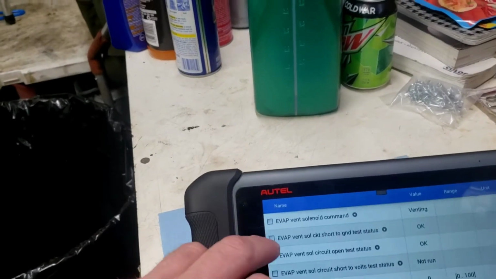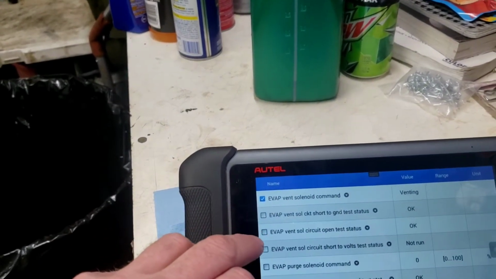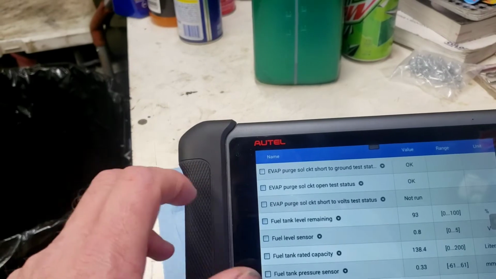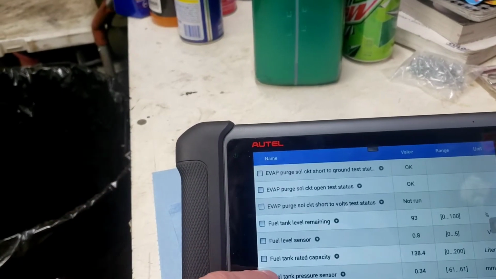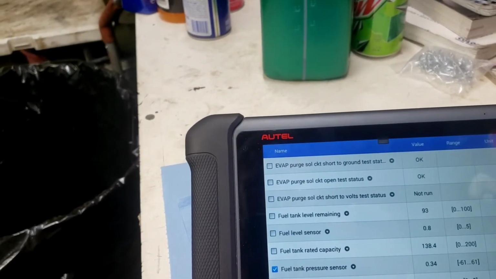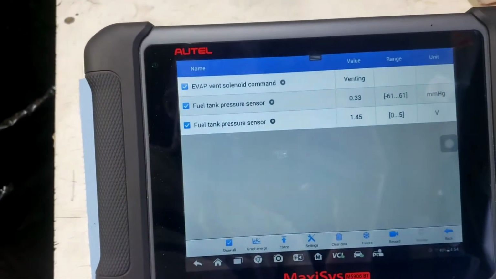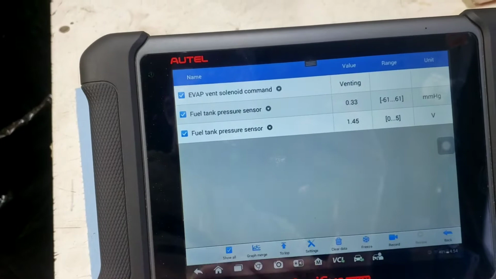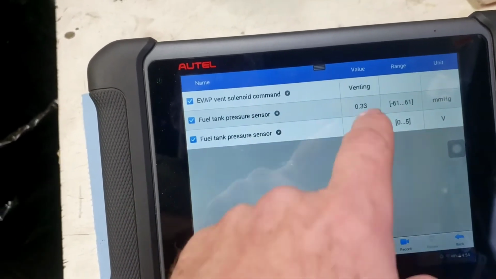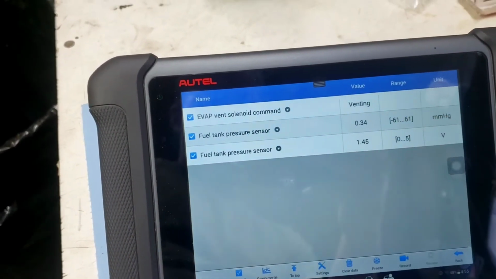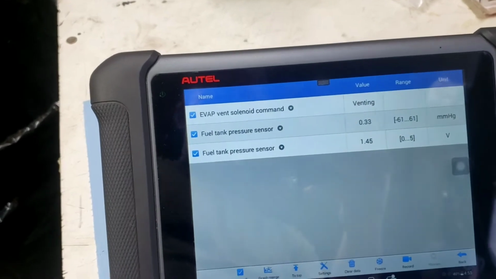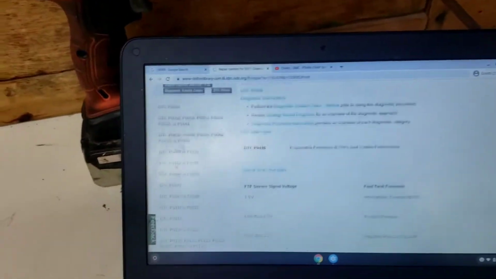So what I want to look at here is atmospheric pressure. Usually 1.5 volts is your atmospheric pressure. The vent solenoid is venting. Fuel tank pressure is 0.33 mmHg, millimeters of mercury, so that's pretty much 0. So let's see what it tells you in the service data